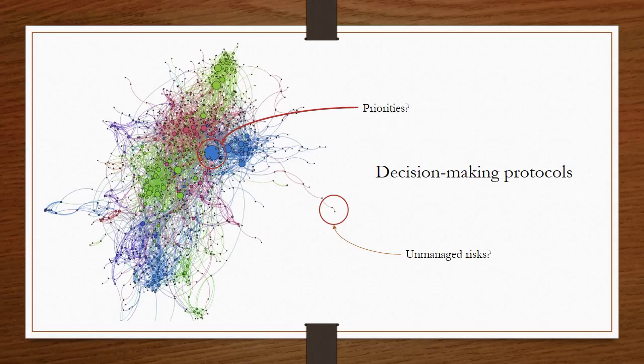So the fringes of the project networks might be an unmanaged task or a forgotten risk that might undermine the success of the project. The decision-making protocols should regularly check the fringes of the network to make sure that they are where they should be. Graph nodes that become very large and centralized should be scrubbed regularly to ensure that they're aligned with the priorities of the business and resource managed appropriately.